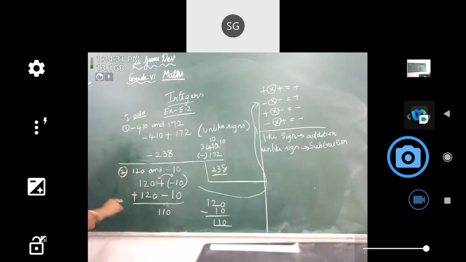So now I have solved my numbers. Now I have to check for my sign. So which is bigger, 120 is bigger or 10 is bigger? 120, ma'am. So the sign of 120 is positive. So here it is positive sign. In this case, you can put positive or you no need to put. Actually, you no need to put sign. It is all understood. For the first few days alone, you practice this. Later on, you no need to put because it is understood that it is positive.